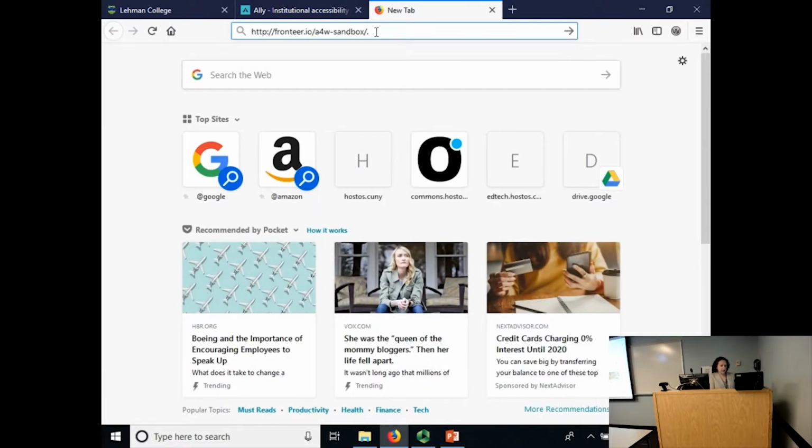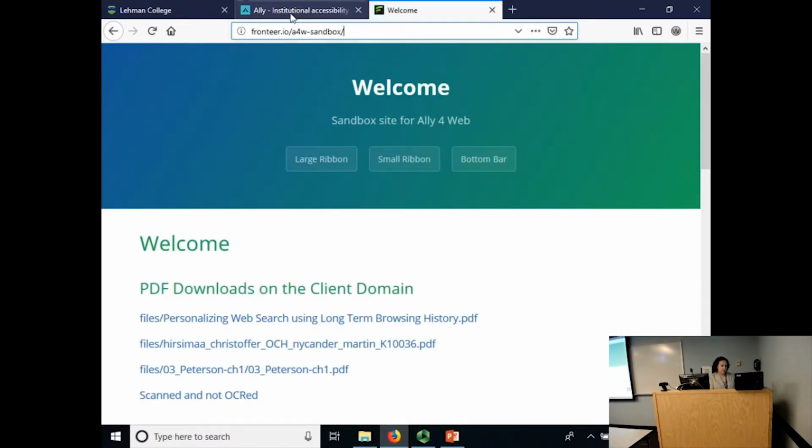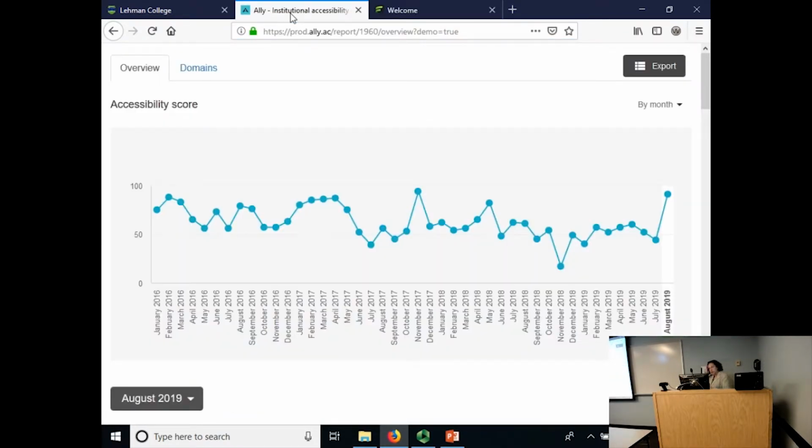So let's go ahead and start with the accessibility report that your institutions see. We're going to kind of start from the back end a little bit. To be able to understand what you need to remediate, what your long-term accessibility plan needs to be on your public-facing website, you need to be able to see what's happening today, right? Which is really hard to do without a tool like Ally in the back end being able to show you